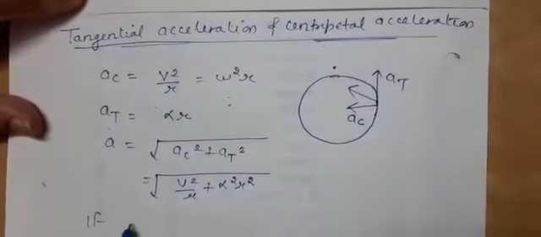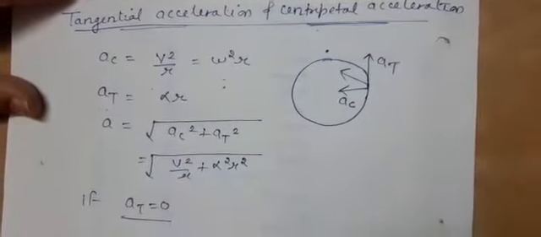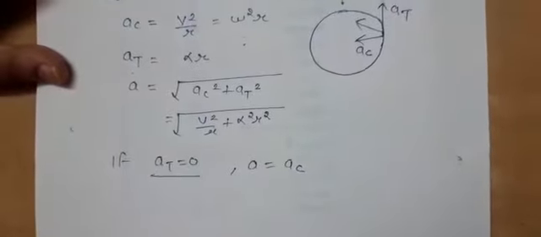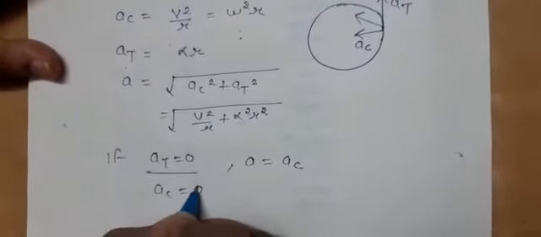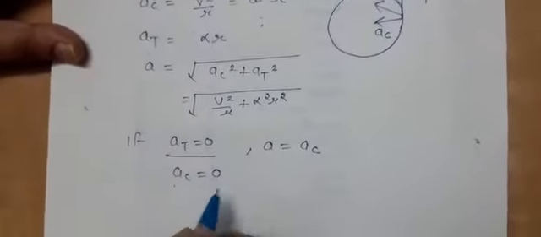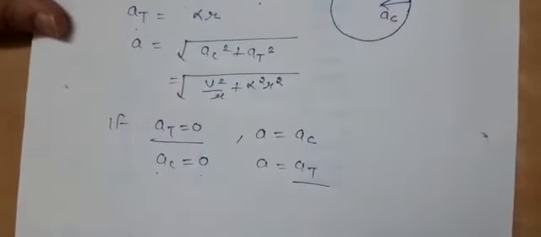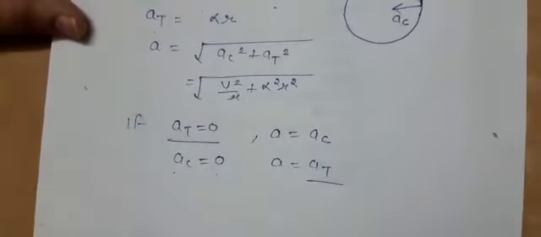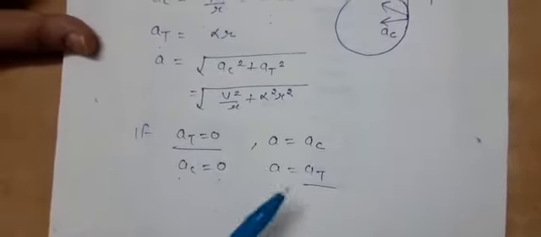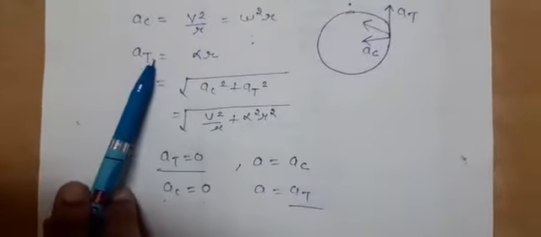So if the body is not having any tangential acceleration, in that particular case there will exist only centripetal acceleration. And if the body is not having any centripetal acceleration, it means it is not moving along any circular or curved path, it will have only tangential acceleration. So in numericals, this concept of tangential acceleration will be used. So let me discuss one numerical where we will use the direct concept of tangential acceleration.